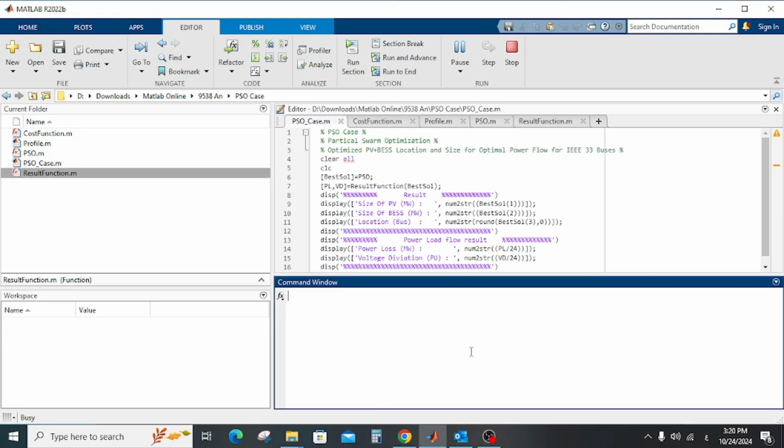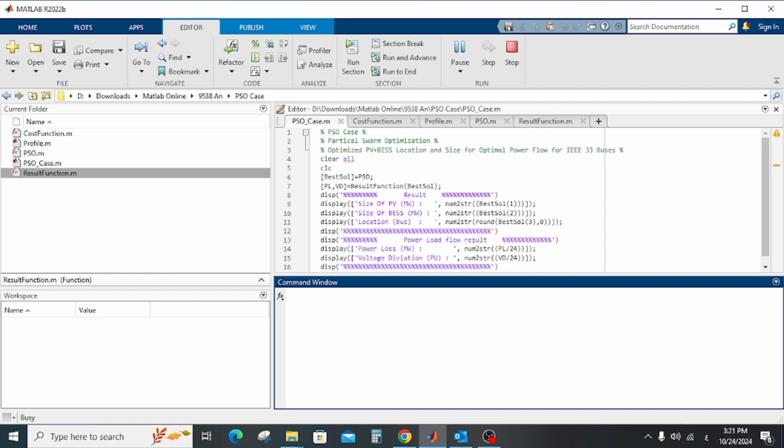Okay, sir, this is the third video explaining the code that we use, the PSO case for MATPOWER. As we mentioned in the two previous videos, the first thing is to install MATPOWER, and after that the code will run. Today, after we finished explaining the base case,